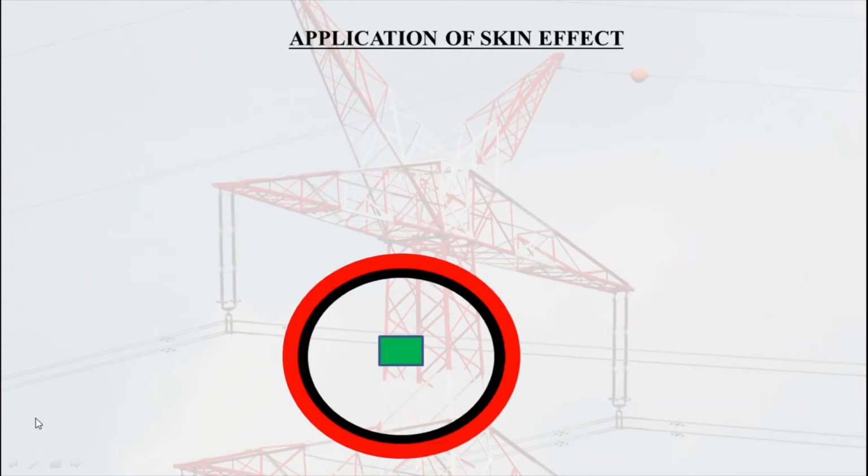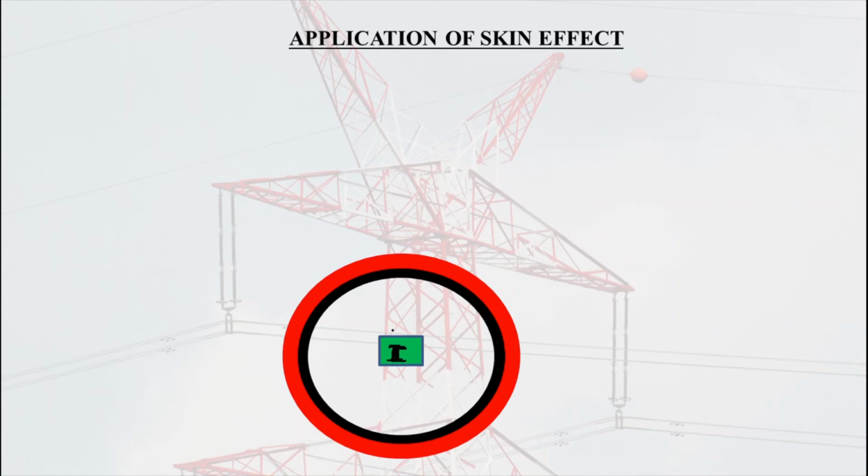Apart from these disadvantages, there is also an application of skin effect. Now you can ask how skin effect is beneficial. The concept of skin effect is utilized to protect highly sensitive elements or instruments. See how. Suppose we have an instrument that is very sensitive, and we have to protect it from electromagnetic waves. Then we will wrap this instrument with a conductor having thickness slightly more than the skin depth of the conductor. In this way we can protect that instrument.